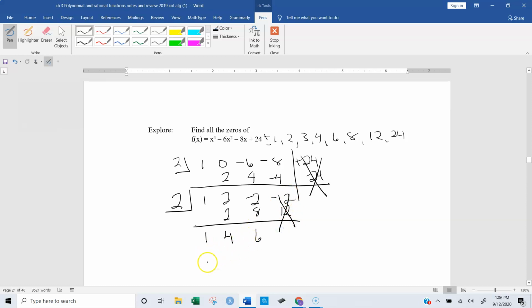Now I'm down to an x squared. So we have x squared plus 4x plus 6. Use your quadratic formula, and you should get